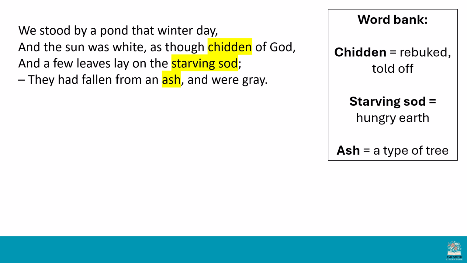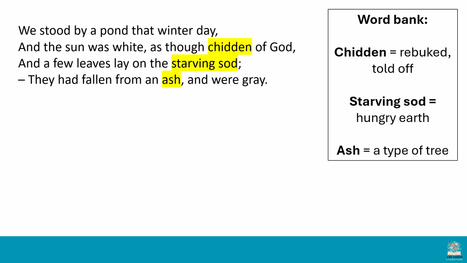Now, normally the sun would be yellow, particularly in summer, but in winter you've often got that really white, really pale sunlight. It's really not very strong. It's not providing much warmth. So while we would usually associate the sun with bringing life and joy and happiness and warmth to our lives, this sun really doesn't. So we've got a real sense of negativity introduced here in the poem.